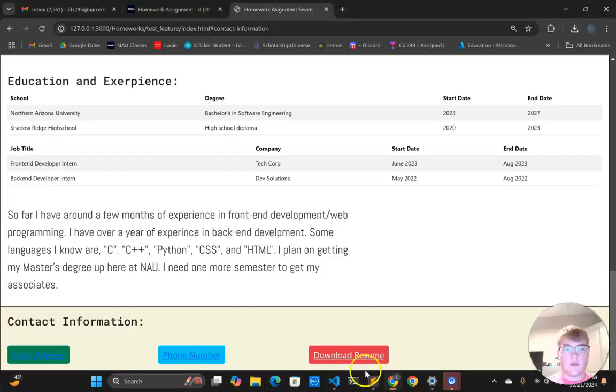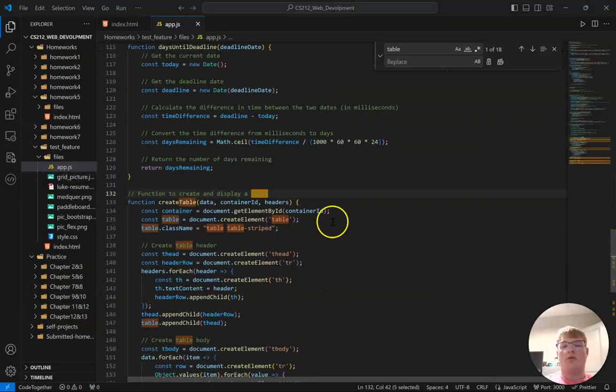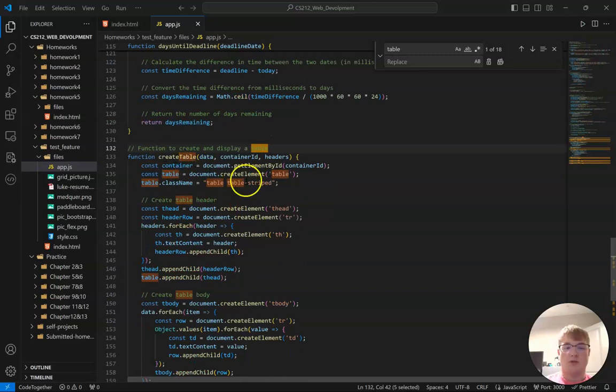And then the last part we have is creating a table right here for education experience, which I created right here. This was all made through JavaScript. So when you go to JavaScript, it will show a table. We'll have a function called createTable, which takes the data, the container ID, and the headers, which is basically just the element ID. It's creating a table, table head, table row,